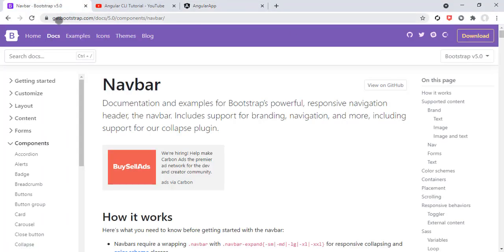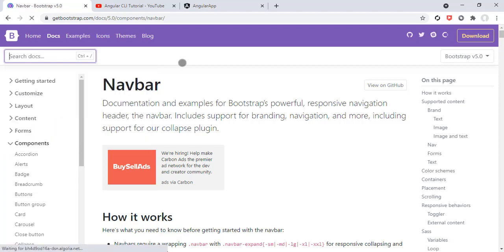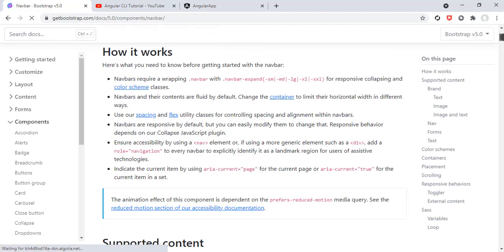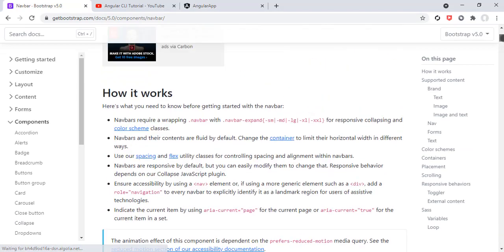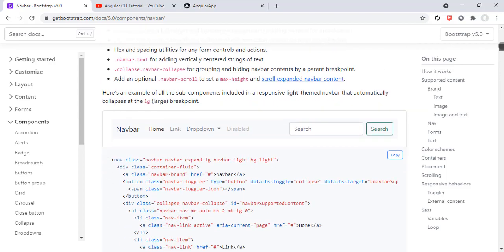Here you can check what Navbar is, what the selected CSS is and how it works, and the supported contents available for Navbar. That is some subcomponents: Navbar brand, Navbar nav, Navbar-toggler, Navbar-text. All these supported contents are available here. Also there are a few sample codes available here. You can check how to add the class in Navbar and text here,